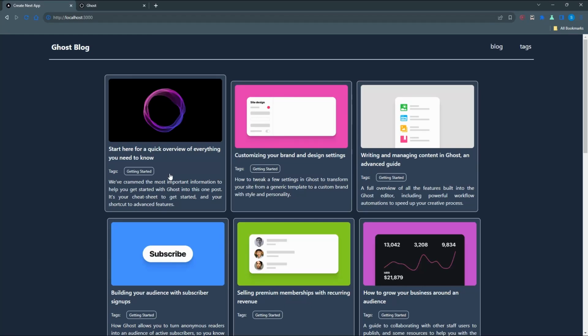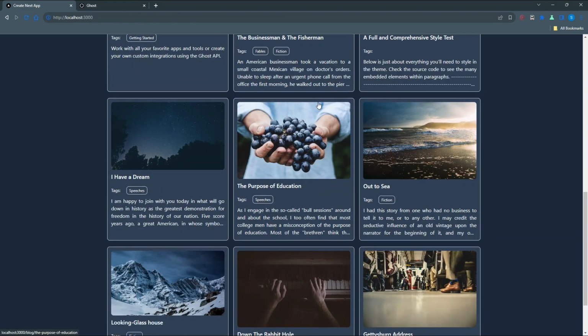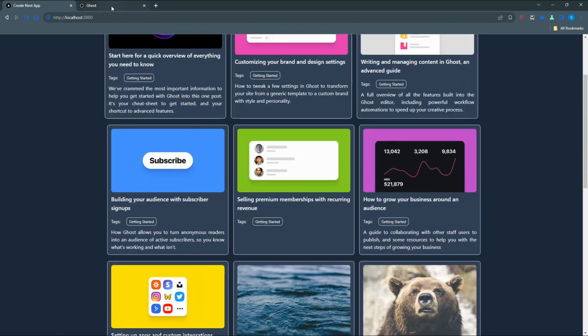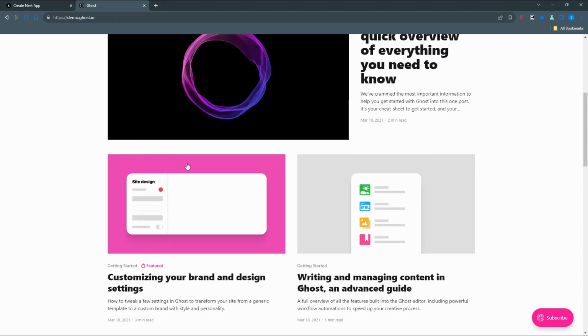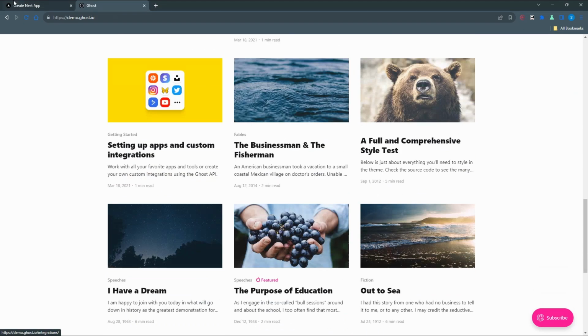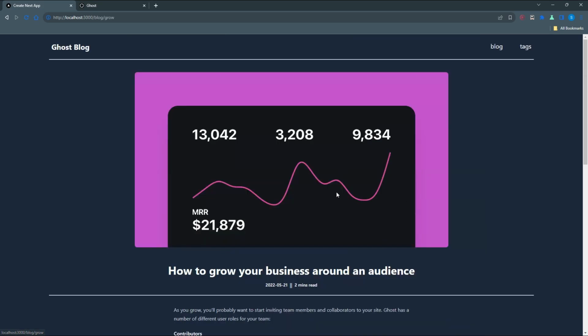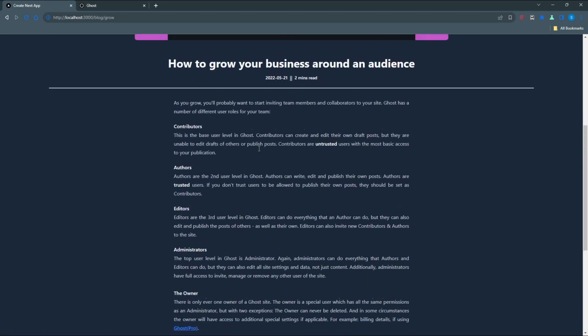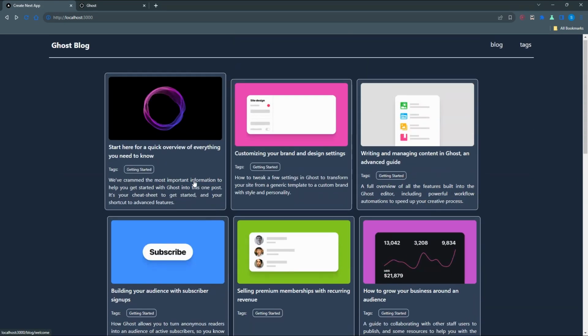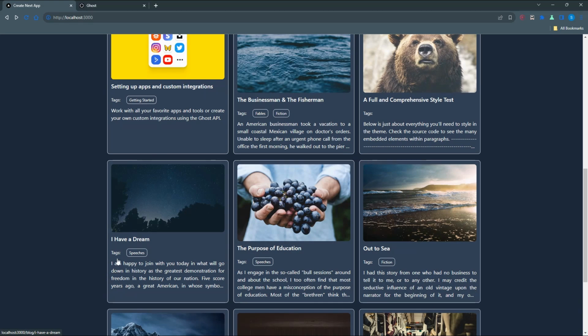Hi guys, in this video we are going to build a blog with Ghost CMS as its backend. This is the site we are going to build, which has a lot of posts right now. I got the data from the demo of Ghost. This is the site where I took these posts from, and when I click on one of these posts, we can see that we are going into that particular page, and we can also see we have some tags here,